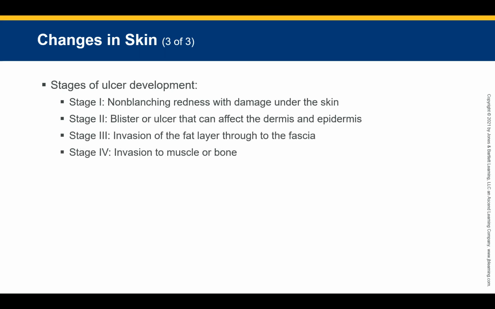So you may see some ulcers in various stages of development. You see right there, stage 1 through 4. The decubitus ulcers can be painful and cause complications such as bleeding, sepsis, and bone inflammation called osteomyelitis. You may see a test question every now and then asking what stage of ulcer it is when you see the invasion of the fat layer through the fascia. Those may be some of the questions that you may come across, just FYI.